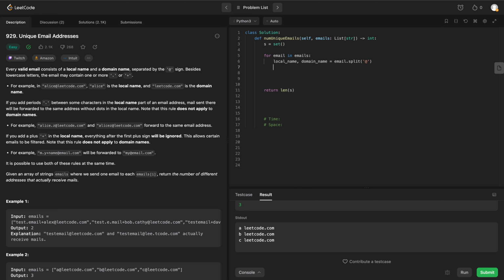How can we do that? Now instead of the local name being equal to the first part before the @ symbol, we're going to say the local name is now going to be equal to the